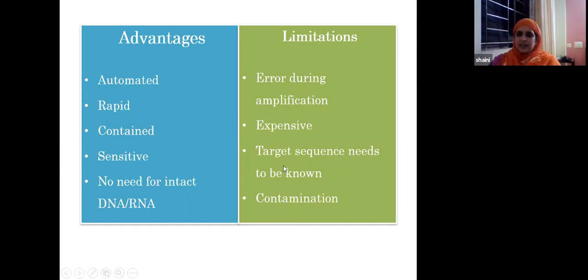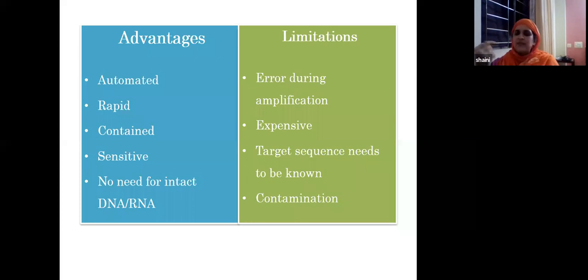Now, another thing is the target sequence needs to be known. Even for the SARS-CoV-2 virus, you have to first identify which part of the COVID virus you are going to test for. So you need to know the target. If it is a novel virus, a new virus, PCR cannot be the first test that you do. You have to do a gene sequencing test, find out what the nucleotide sequences in that particular RNA or DNA are, and create the probes for that, and only then can you use PCR as an application.